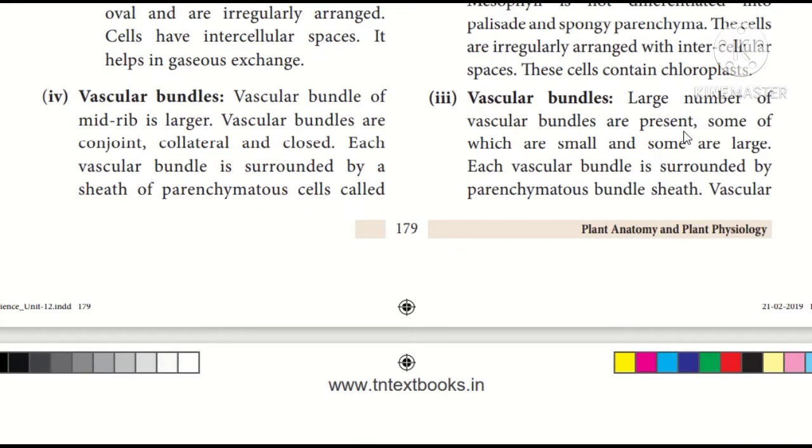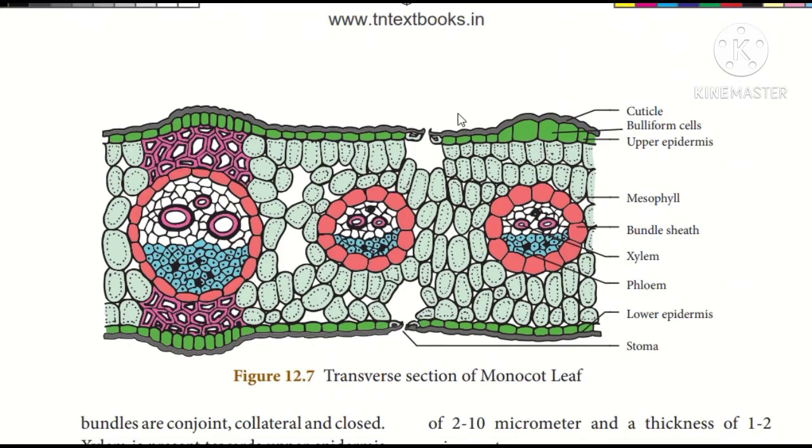And coming back to the diagram once again, we have discussed the epidermis, and now we are discussing the mesophyll, and the entire tissue lying between the upper and the lower epidermis is called mesophyll. And here it is not differentiated into the palisade parenchyma and the spongy parenchyma. The cells are irregularly arranged with intercellular spaces here, and a large number of chloroplasts are present. That is why, children, whenever you draw this diagram, you have to shade inside a little bit, which shows that it contains numerous chloroplasts.